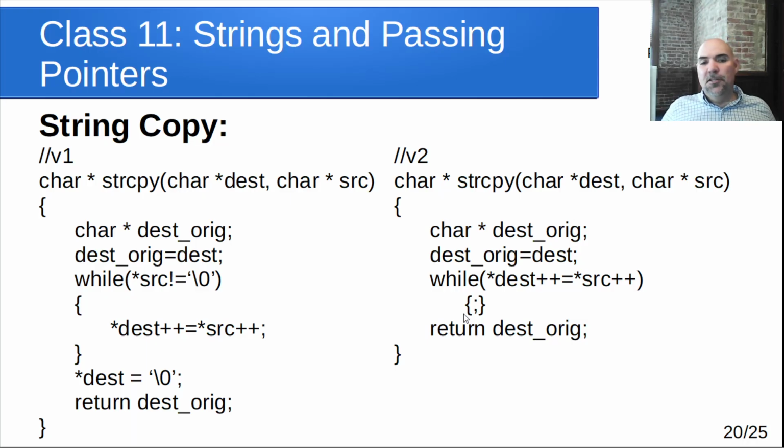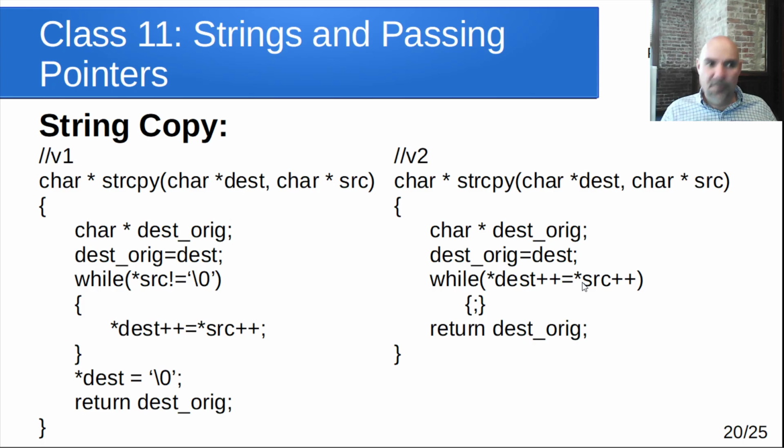Okay, this version 2, notice I'm doing the same thing, but I'm doing it in the while loop. And that's more efficient because here I had to move the source, move the destination, do the assignment, and then go to the top of the loop and then say, hey, load this thing up, load a null up, check it. But what we're doing here is remember that when we do an assignment, the assignment evaluates as the value that was assigned. And the value that was assigned in this case is going to be non-zero until we get